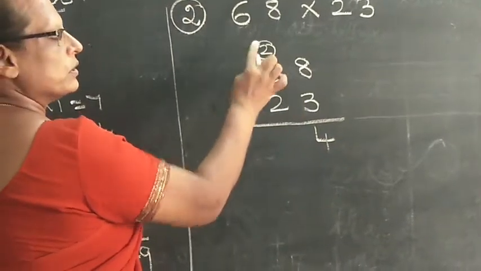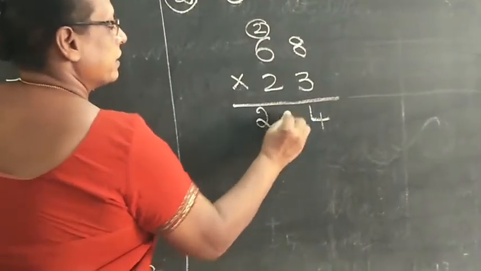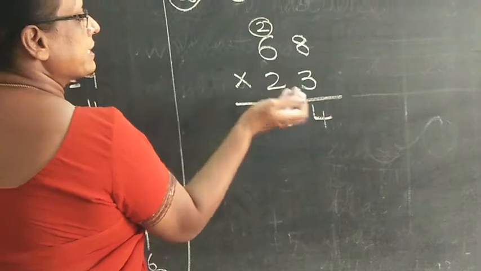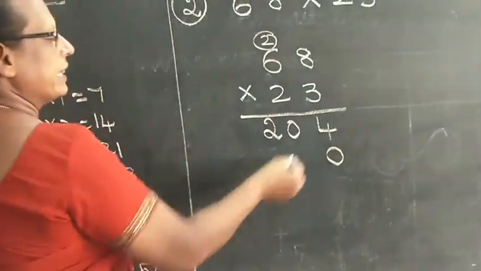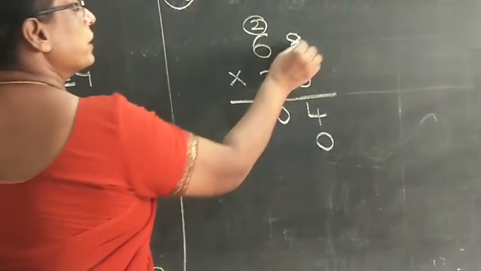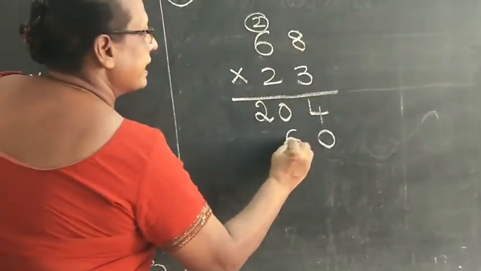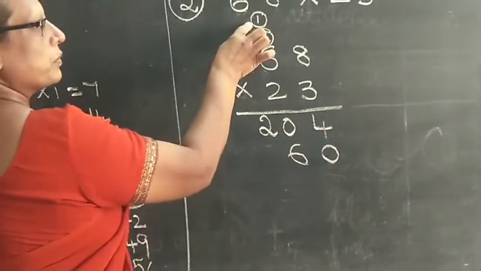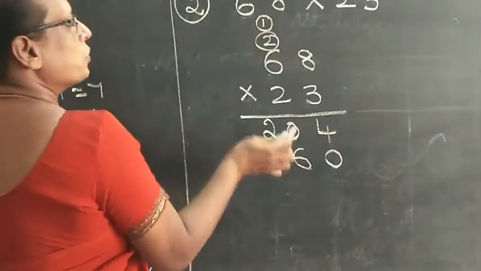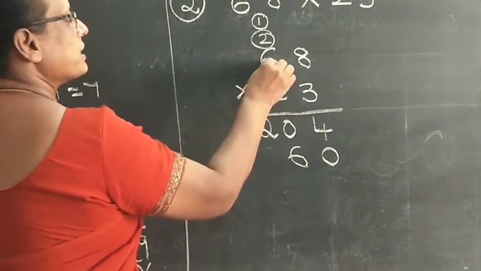18 plus 2, 20. And coming to the 10's column, what do you have to do, children? You have to put a 0 here and then multiply. 2 8s are 16. So when you come to 1, you can put it like this. 2 8s are 16. You have to put 6 and carry the 1 above the 2. Okay, children? And then 2 6s are 12.